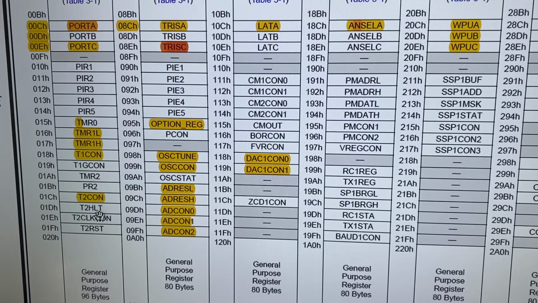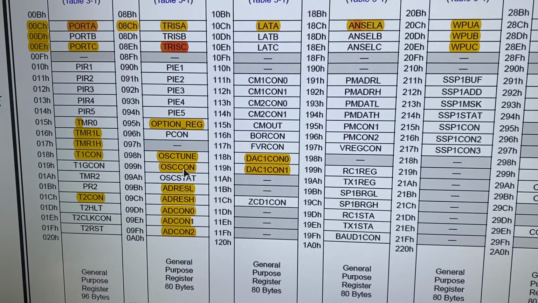Timer 2 configuration. These are older registers, and you also have the option register, OPTION_REG, where you can configure other features of the port. OSCTUNE,